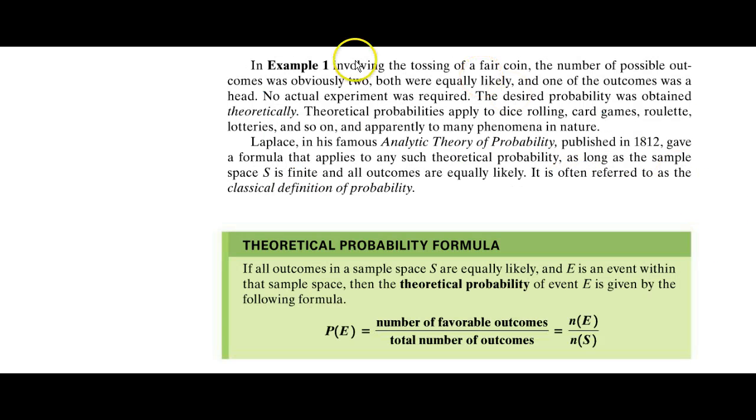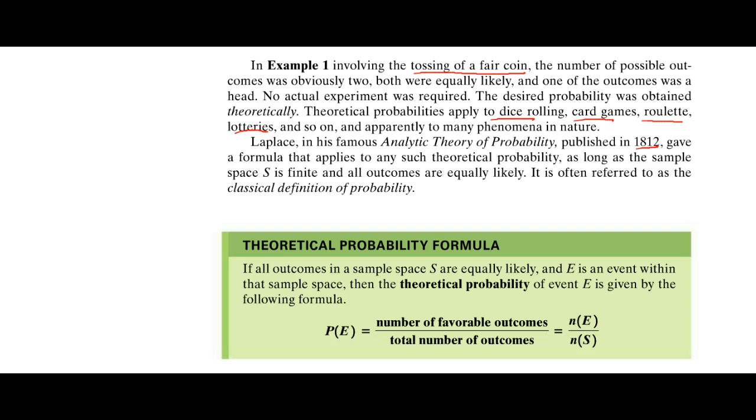So example 1 with the coins, and again we mentioned they were fair or honest coins. They weren't weighted to give unlikely results or favorable results. This was figured out mathematically since there were two possibilities equally likely. Then we could figure out the ratio. That is their probability. This applies to dice rolling, to card games, to roulette, if they're honest games, and you don't have a card shark or loaded decks or loaded dice, lotteries, if they're fair, all of this. And in 1812, a fella, I guess he was Laplace,